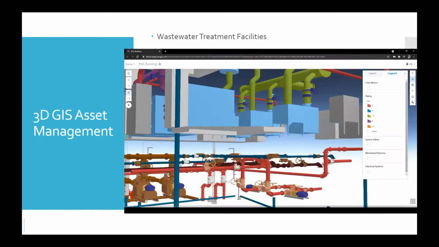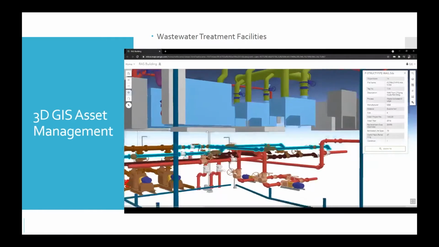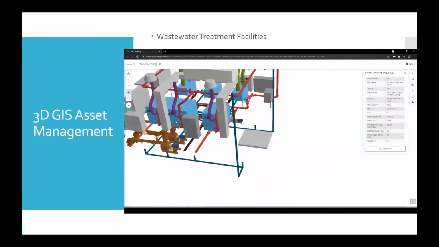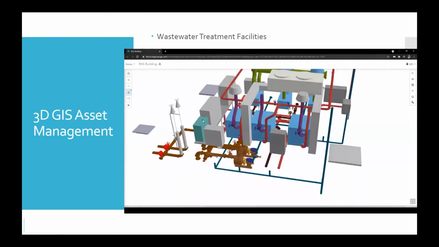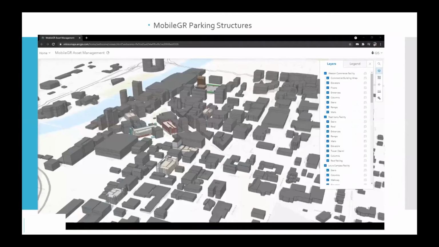And you can separate as much as you want. Like we just did each pipe run, and then valves, mag meters, motors, pumps, all that separately. Electrical gear, that's a transfer switch right there. So it's really customizable. And if you have someone that knows how to code, you can get crazy with it. And then I'll turn it over to Brett to talk about a big project he worked on at the City